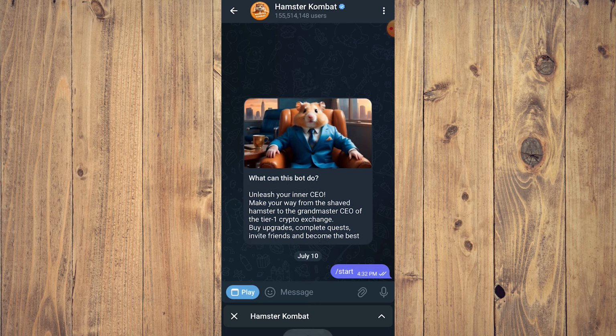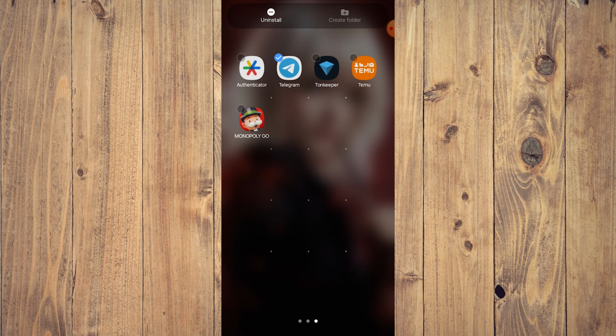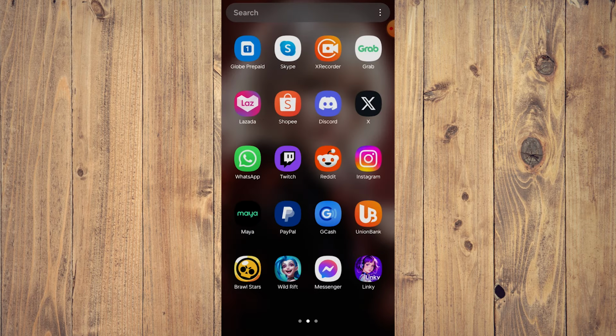Next, the last thing you can do is go to your browser, right, on your phone, hold the Telegram app like so, and here you're gonna see select, right? Actually, no, it's not it. So anyway, another way, because I think that's for Apple, but for Android, all you need to do is go